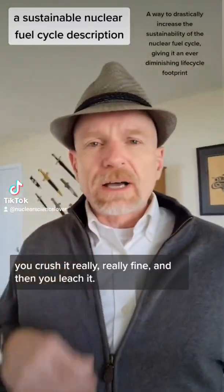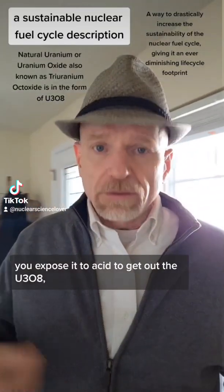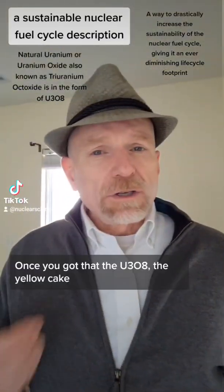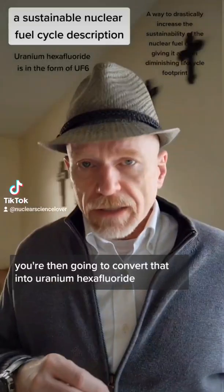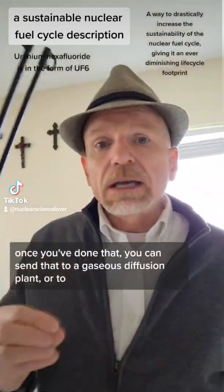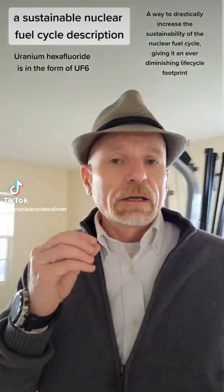You crush it really, really fine, and then you leach it. You expose it to acid to get out the U3O8. It's a very common process in metal mining. Once you've got that, the U3O8, the yellow cake, you're then going to convert that into uranium hexafluoride. That's another chemical process. Once you've done that, you can send that to a gaseous diffusion plant or to a